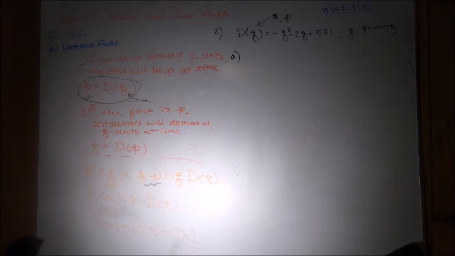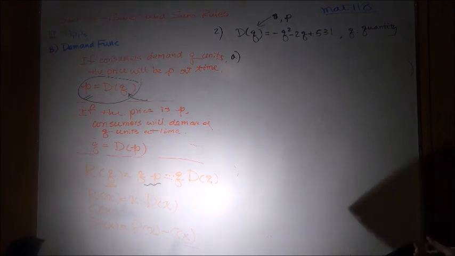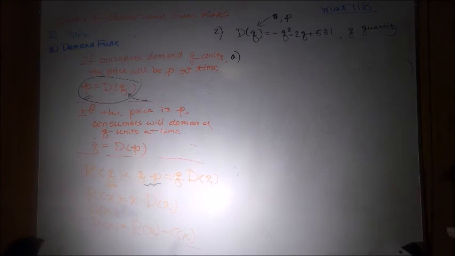Okay. Next, problem C, it says at what value of Q does D of Q cross the Q axis? We figure out what they are asking. Okay, so for the first one, it says if 18,000 units are to be sold, what price will be charged,